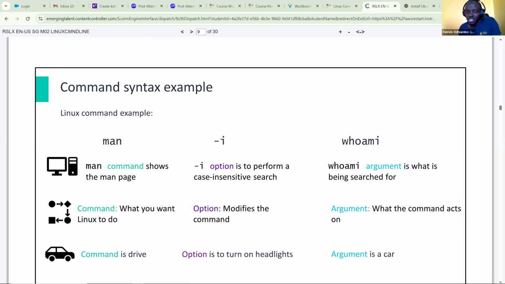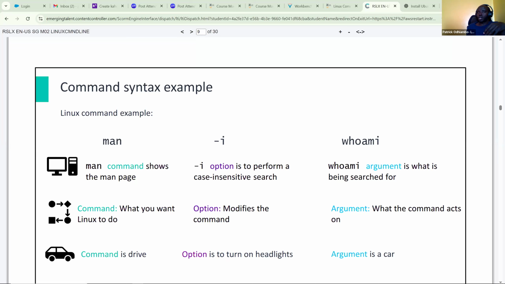Just a second. In full. One sec. Whoami. Yes, so you can actually check because this one has the man itself. The man command shows it's like a manual having the help documentation, everything that you're looking for.